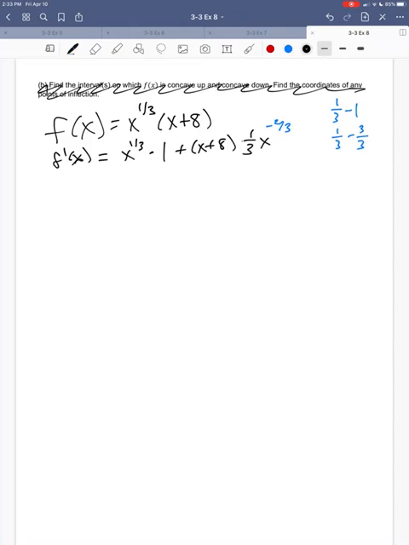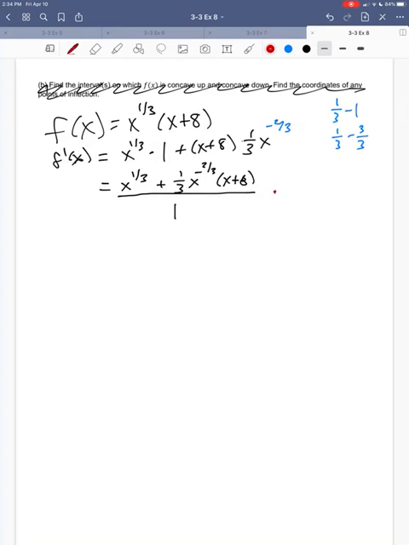And so what I get here then is x to the 1/3 plus 1/3 x to the negative 2/3 times x plus 8. I think the easiest way to get this nicer and get rid of that negative exponent is to write this whole thing over 1 and then just multiply by whatever you need to get rid of that most negative exponent